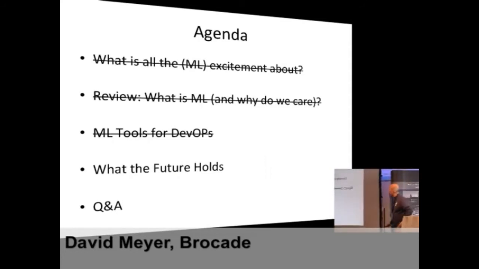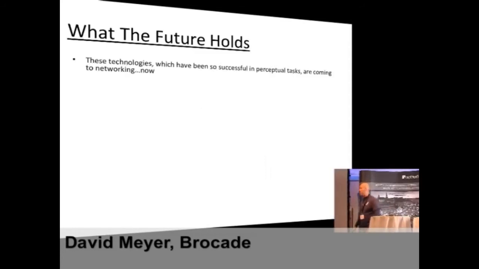So what's the future? These things that have been so successful in perceptual tasks, the things that are driving cars and all of that stuff, is going to start taking jobs away from people in your industry. That's what I'm saying. So heads up. That's going to happen. This is taking jobs away from everybody, right? The interesting thing about machine learning, by the way, is standard automation, like factory automation, was taking out people at the bottom, like I worked in an assembly plant or something. Now they're out of work because there's robots. Machine learning takes people out at the top, doctors, lawyers, things like that. It's very different. So keep your eyes open.